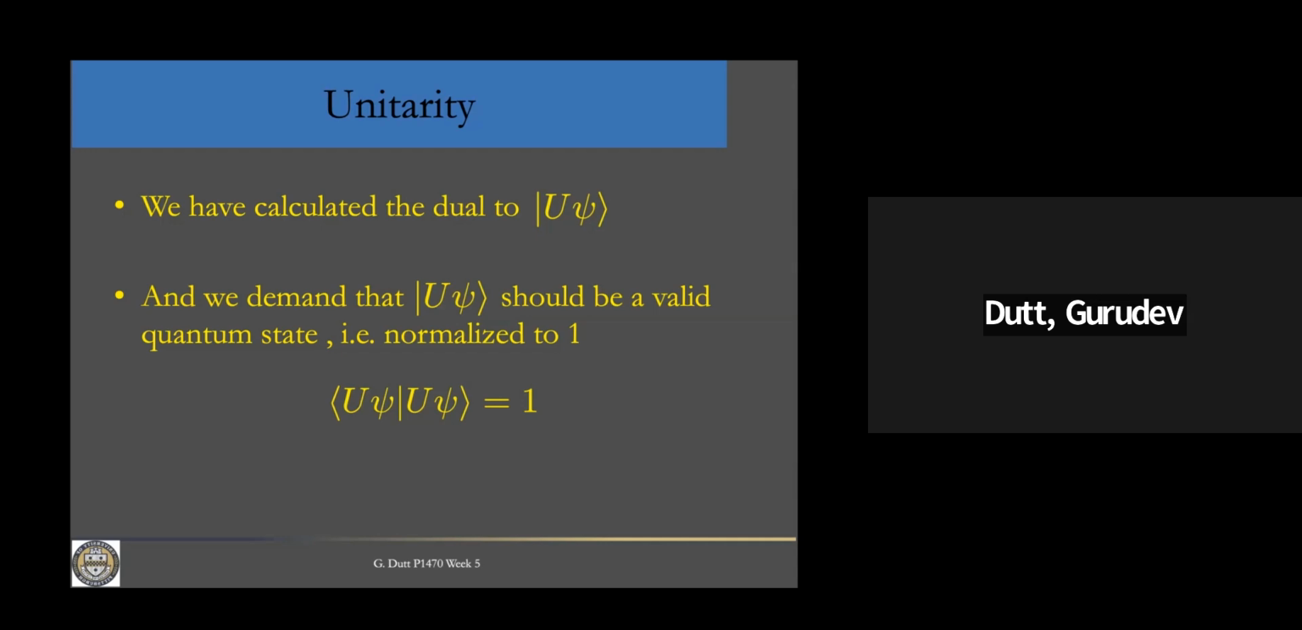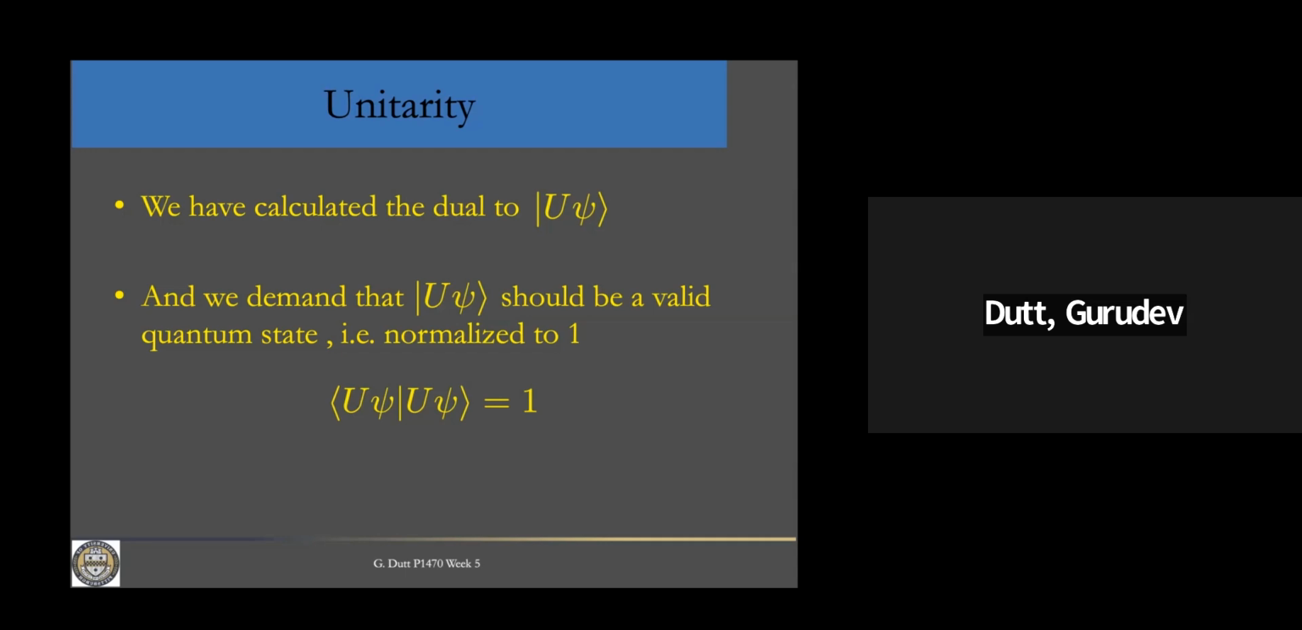So the definition of the state U psi is just U times psi. This is just the definition. That's how we define it. And we have just shown that its dual is the dual of psi with U dagger acting. So the row vector psi, meaning complex conjugate transpose, of course, times the U dagger Hermitian adjoint. Therefore, now we demand that for any state psi, U psi inner product with itself